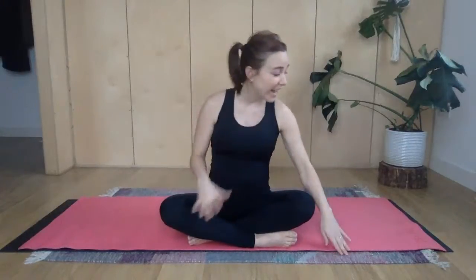All you need today is a mat, and I don't know about you, but I've become quite a bit more sensitive since I have become pregnant, and so I have two thin mats on top of each other and a rug. And so this is for my knees. So if your knees are sensitive, grab a towel to also put under your knees, even a pillow. It's just really important to me that this entire time you're only uncomfortable to 10% maximum,